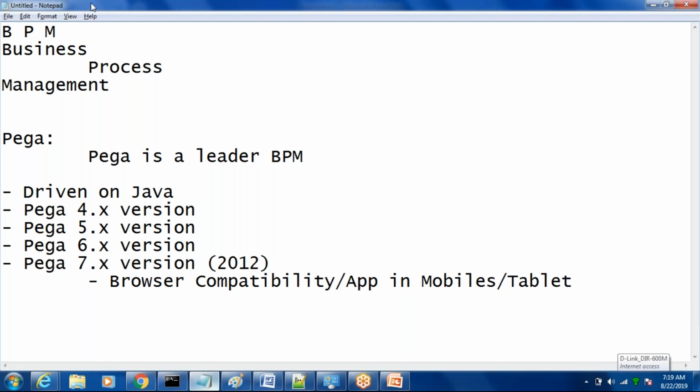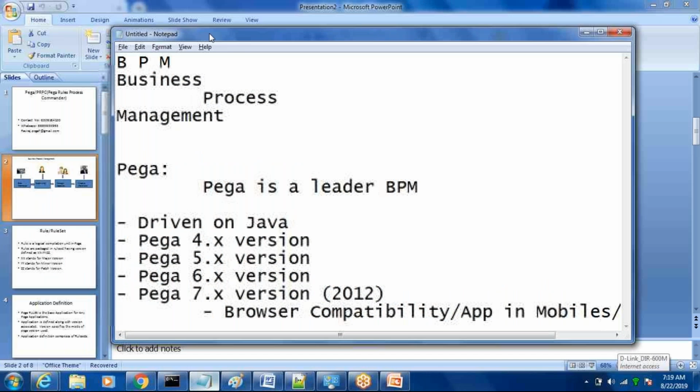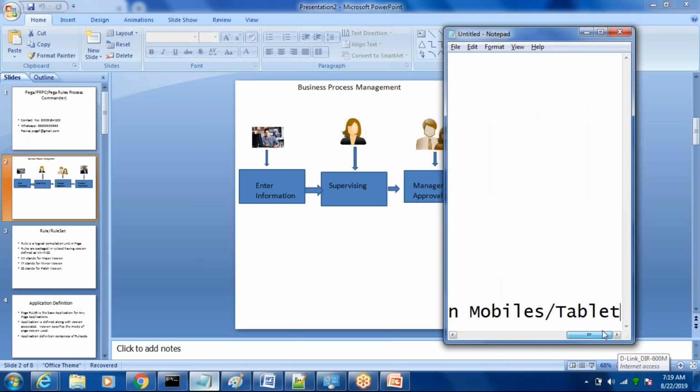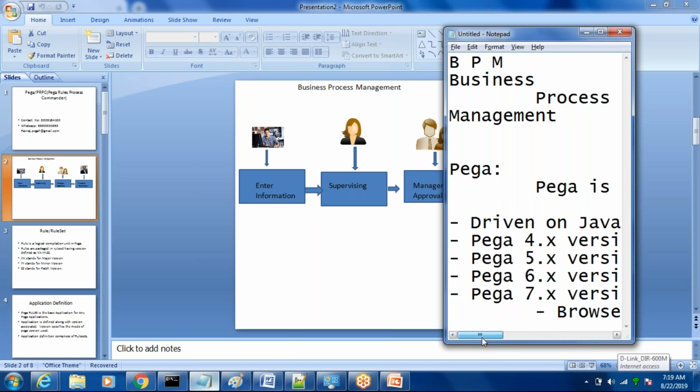Like if I make this screen smaller, you see we have a horizontal scroll bar here, but this is not the ideal way of representing things. The ideal way is that it automatically adjusts the space according to the mobile, where you do not get horizontal scroll bars.